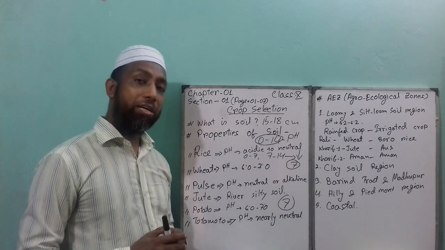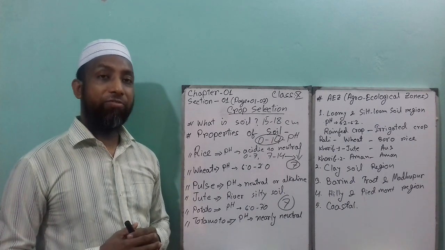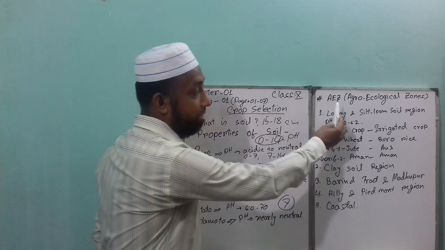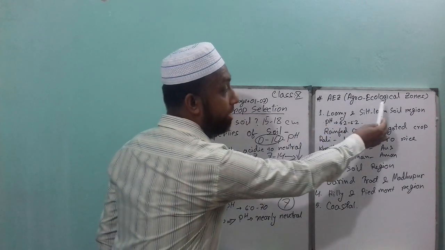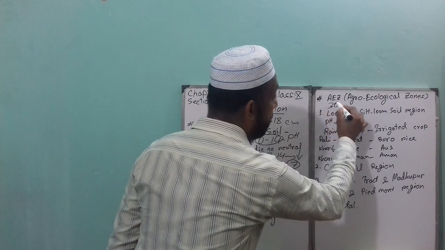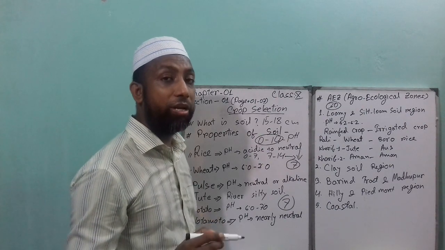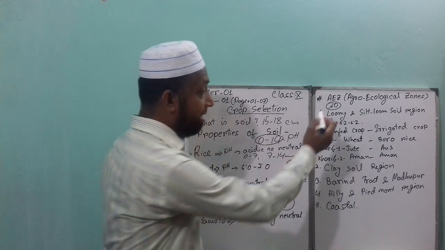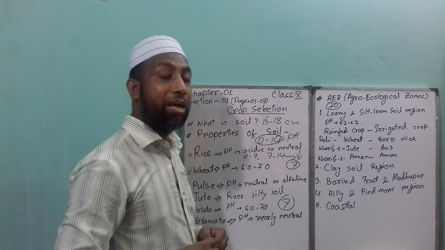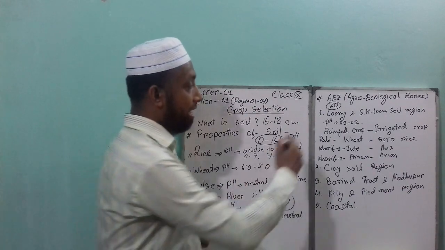Next, in our country, the whole country is divided into 30 AEZ, which is called, if you have a look here, agro-ecological zone. That means 30 agro-ecological zones in our country. Remember that this is important for MCQ. These 30 agro-ecological zones, scientists divided according to the nature of the soil into 5 types, which is number 1